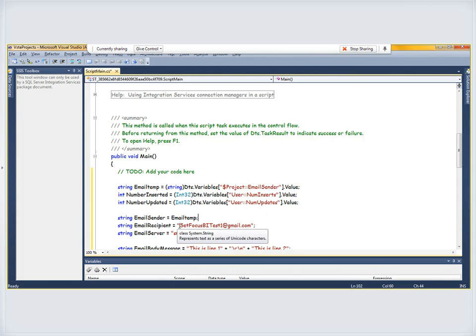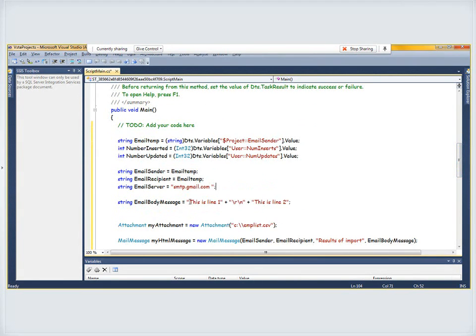And the email recipient, I'll make it the same thing. So the sender and the recipient are going to be the same thing. And the SMTP server, I'm hardwiring that as smtp.gmail.com. The mail message, I'll change this here. I'll say number of inserts